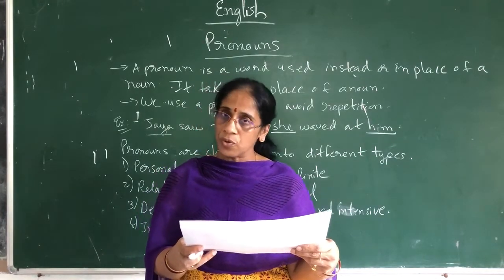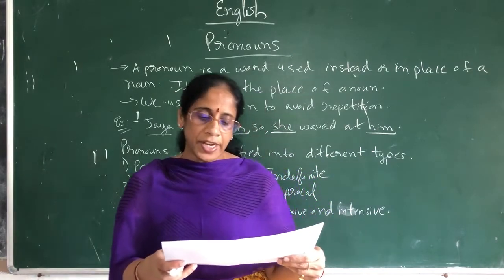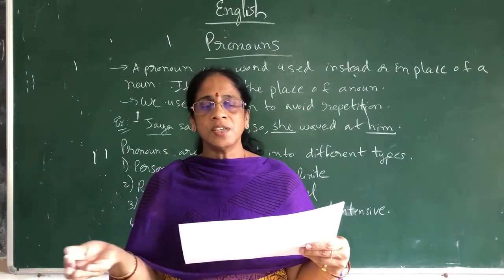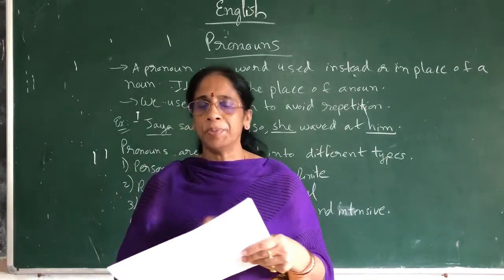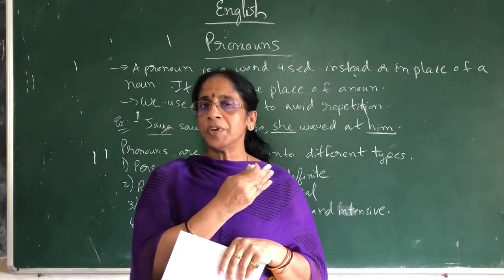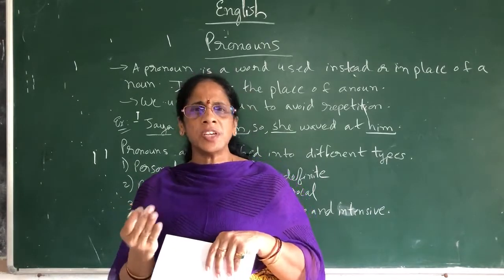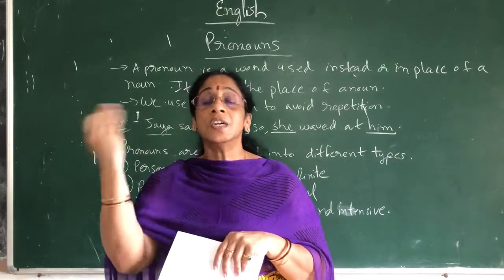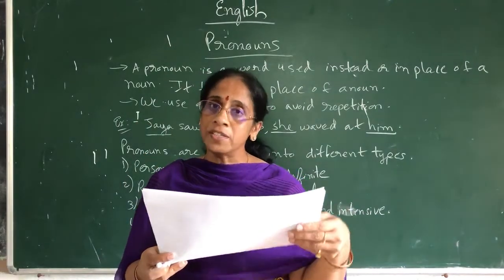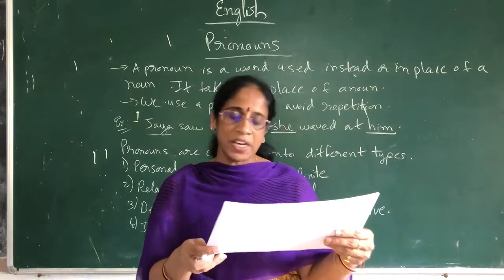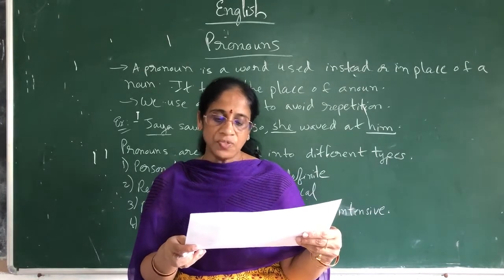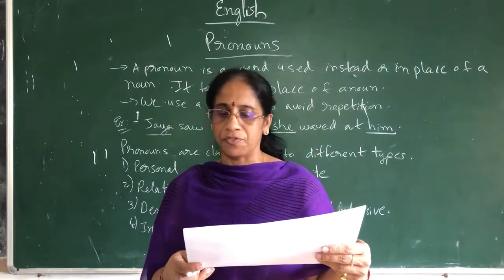Reflexive and intensive pronouns. What are these? Used to indicate a noun which has been used in an earlier part. So, Radha went to picture. Okay. She hurt herself, I am saying. So in the first part we are speaking about Radha. In the second part we are saying about Radha only. But she hurt herself, I am saying. Okay. So that type of words are called what? Reflexive or intensive pronouns. Like what you can use in this place? Myself, themselves for group, myself for single person, yourself, ourselves, herself, himself or itself.